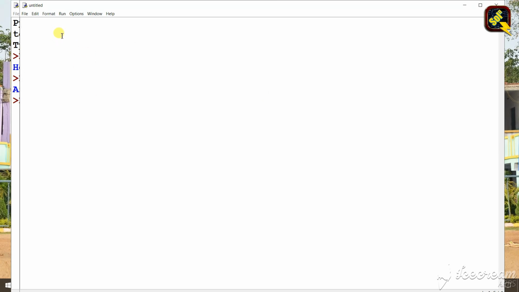As we already saw in the previous video, there are different sections. Here we can also provide a comment line, comments for this program. Suppose we mention, this program prints hello world in the console.